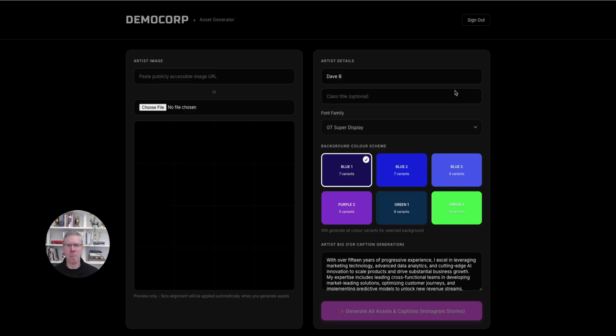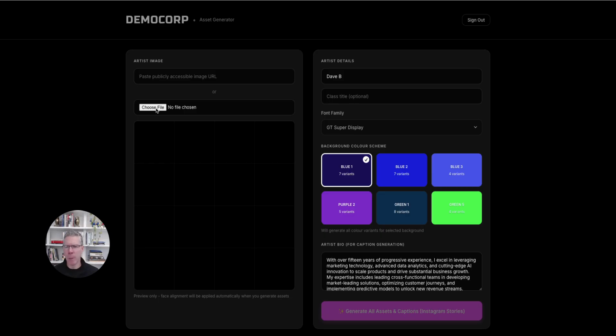Very challenging to do. And so what I'm going to show you in this demo is an AI system that I built that automates that process, that allows this to be self-serve. So users can log into this system, they can upload a headshot of themselves, they can paste in their bio. What they're going to get is a number of these beautifully rendered creative assets that they can post on Instagram, TikTok, on other social channels. They're also going to get draft captions that they could use to post along with those creatives.